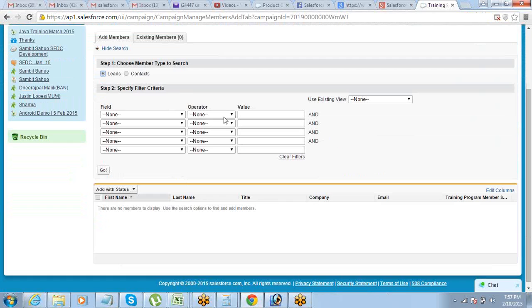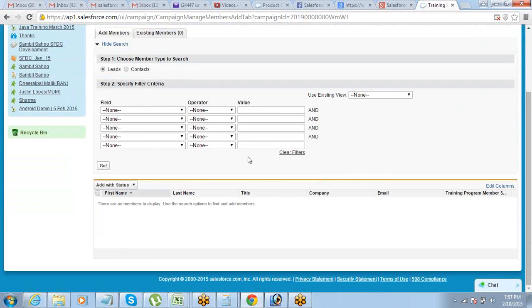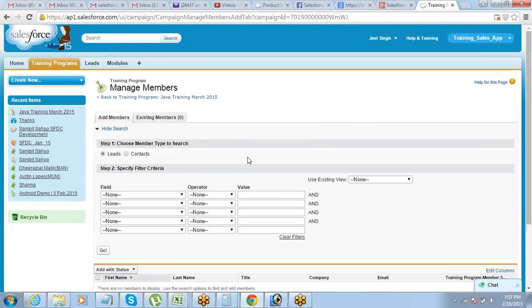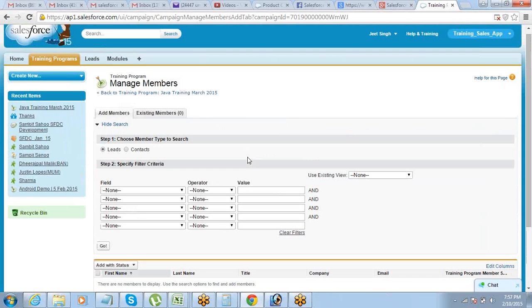Now you can search for people from here, from the leads table, and add them as attendees in that particular training program. Clear? We need one more thing, which is a payment. So payment is going to be